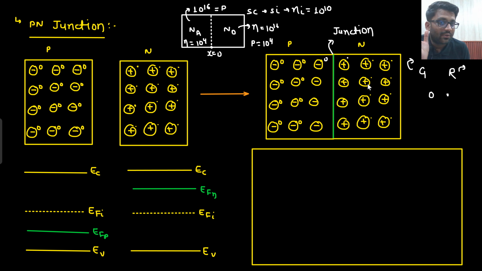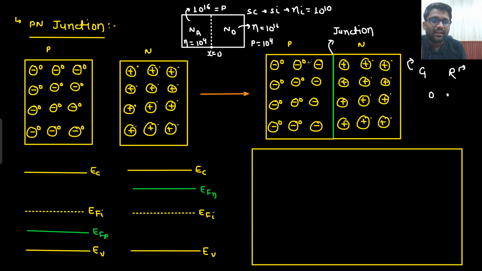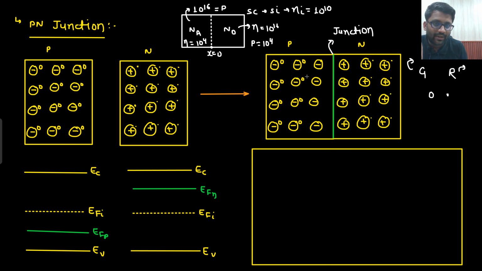So first this electron-hole pair will be eradicated. This electron-hole pair will be eradicated. Now in this particular region, electrons and holes are not present. Okay, so now what will happen? There will be a particular region where electrons and holes are very less, and this particular region is known as